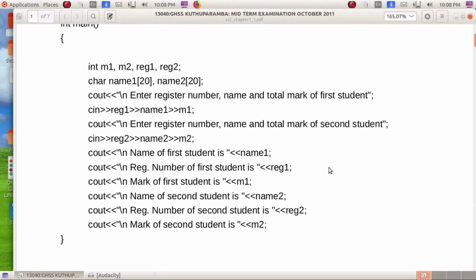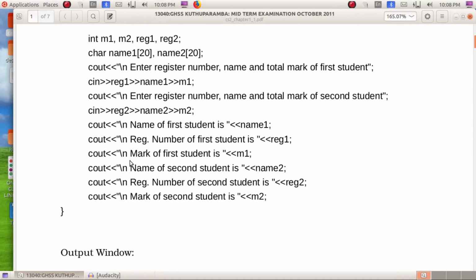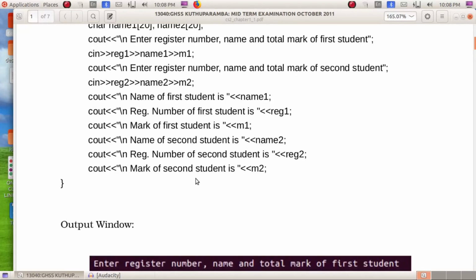Name of the first student is name1, register number of the first student is reg1, mark of the first student is m1. Similarly, we are displaying the details of the second student. Name of the second student is name2, register number of second student is reg2, mark of second student is m2.